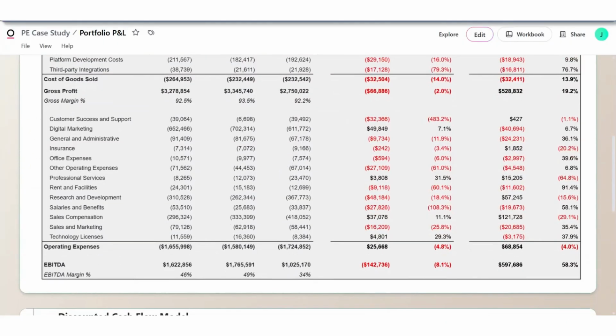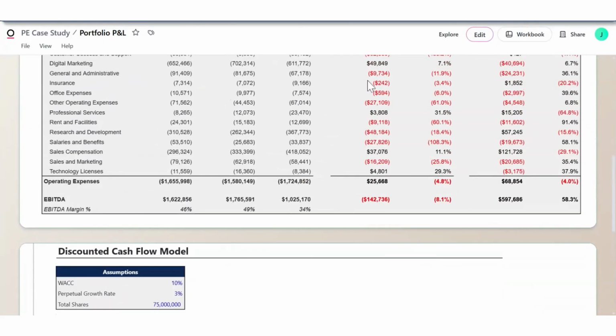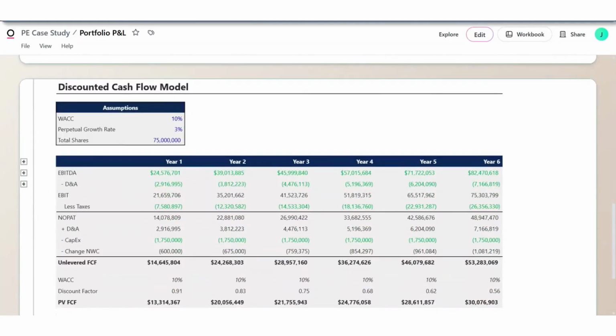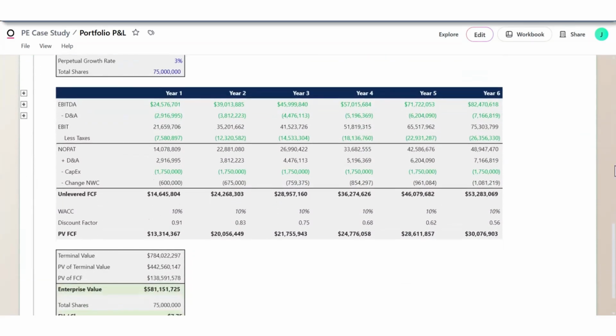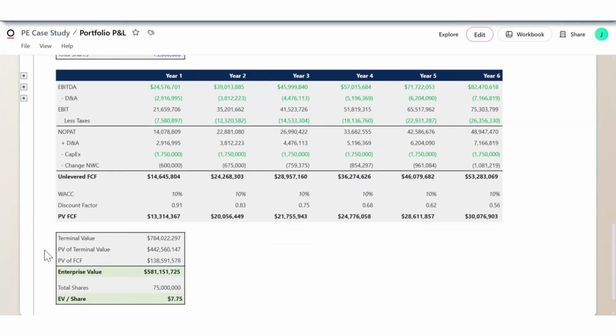So the last thing I'd like to show you here is the fact that not only can you build a P&L inside of this tool, but you can actually build yourself a fully functional model, whatever that might be, again, that is directly connected to your database. So here, for the sake of example, I have a discounted cash flow model, and you can see I've taken sort of our EBITDA projections, walked that all the way down to unlevered free cash flow, applied the discount rate, perpetual growth rate to get us to eventually our enterprise value and what that looks like in terms of EV